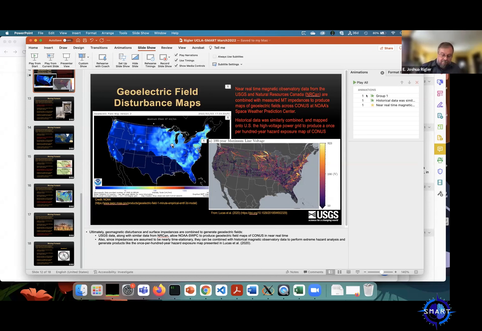And in fact, at least as of the last I had checked into it, that's what Canada is still using, although I know they're working to try to improve that with magnetometer measurements as well. So it is one way to do it. And I think it's better than taking into account nothing about the conductivity of the Earth. But I think direct measurements coming from something like magnetometer measurements are really the way to go in the future.